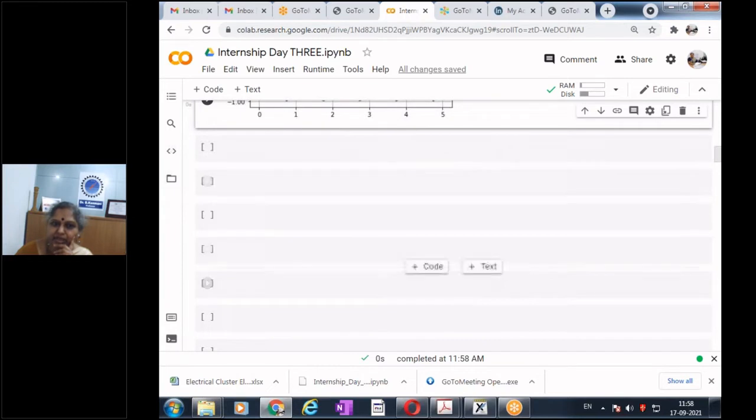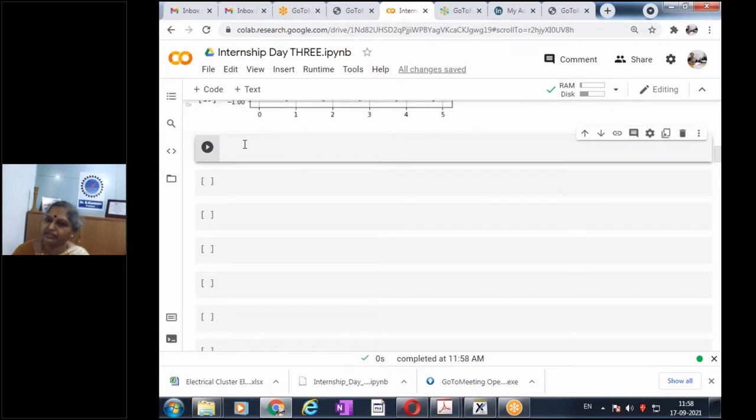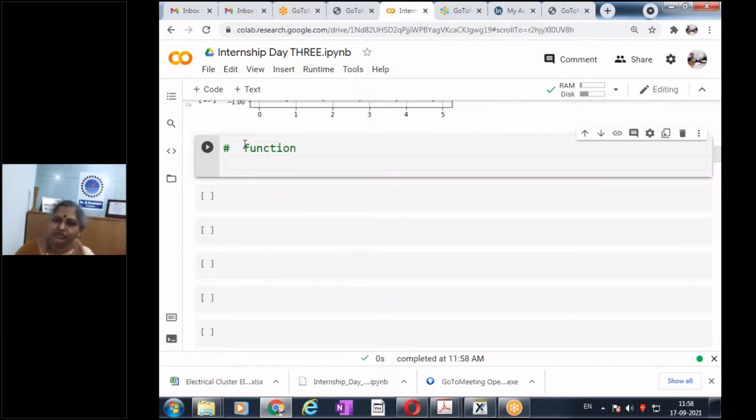Now we are going to see a small concept, and that is how to define a function. What's a function? If I define a function, I can keep calling it often, and I can use it a number of times later on. So once I write a function to do a small computation, then I can call it again and again. So now here we are using the NumPy library. Suppose I want to use some function and I want to define it myself.